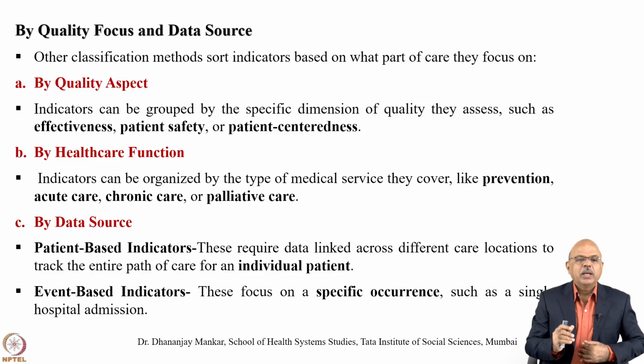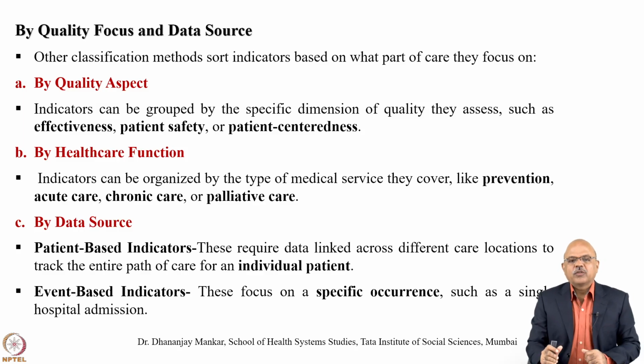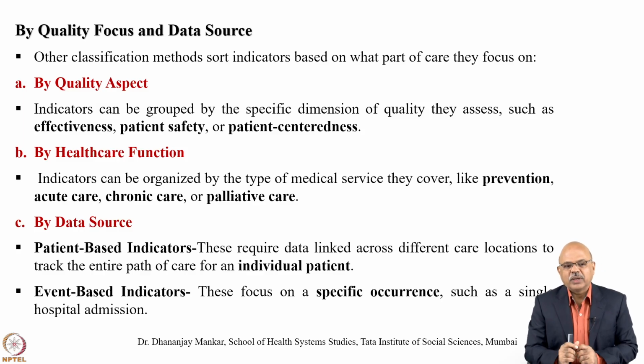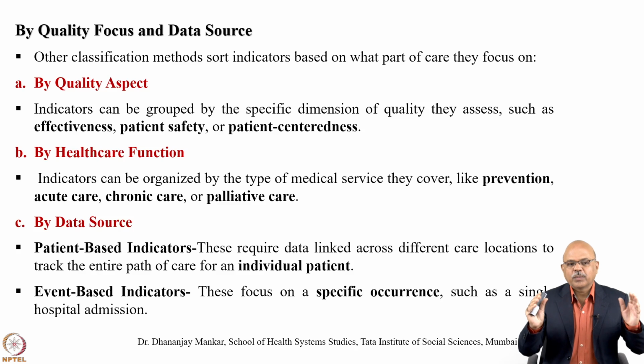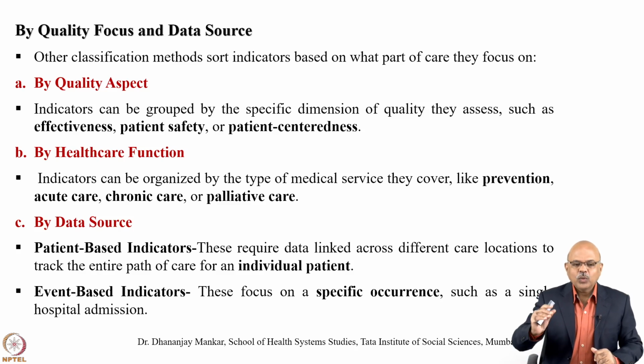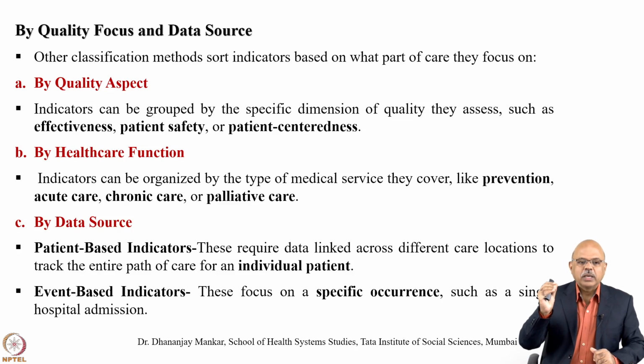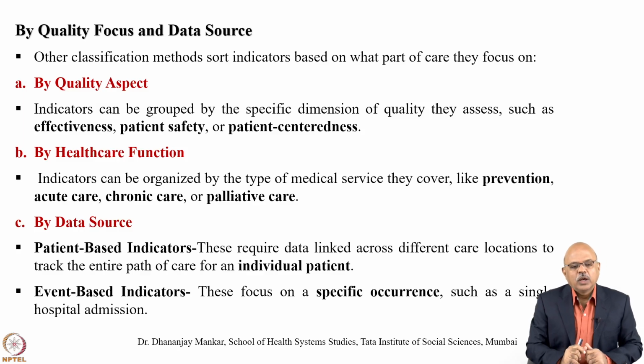By quality aspect, indicators can be grouped by the specific dimensions of quality they assess. The quality is being assessed in several ways. One is effectiveness, second is patient safety, and the third is patient centeredness. All are very important with respect to quality aspects. And thereby you may find the indicators are derived with respect to the dimensions of quality being taken. So these are the three dimensions of quality: the effectiveness of care, patient